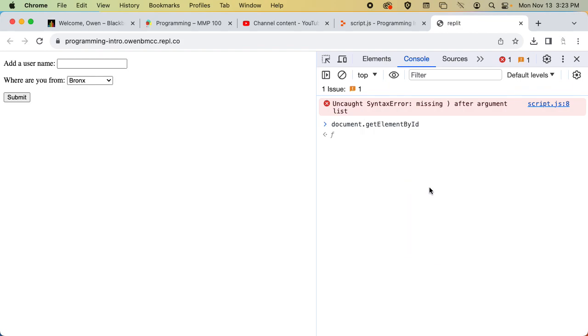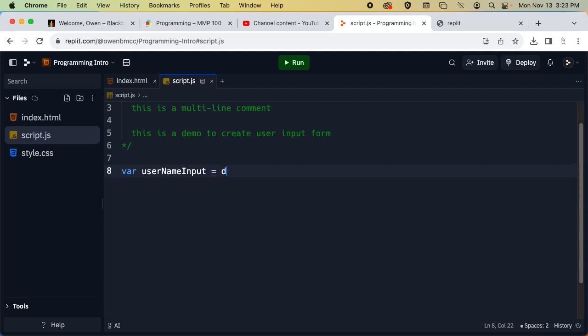That allows us to choose a specific element from our HTML. So if I put in username here, it gives me a reference to that component in our document. So I'm going to write that into my script. I'm going to say